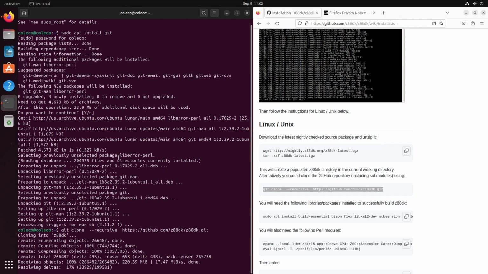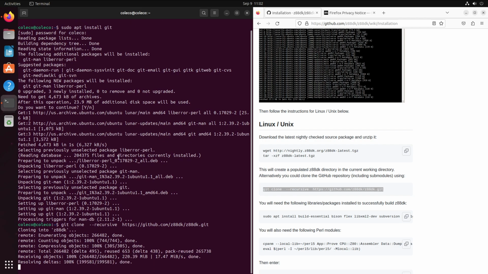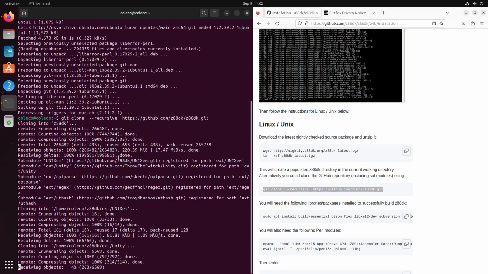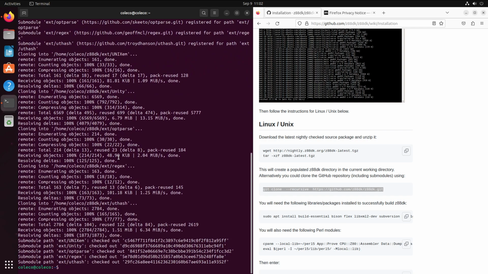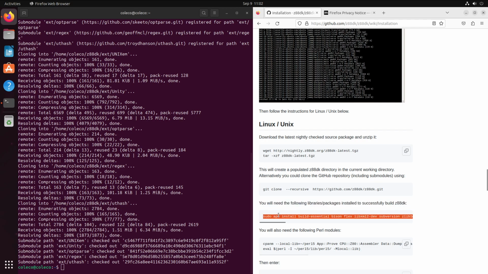Wait a few moments for this to complete. And because we specified recursive, it also checked out any sub-projects that it needed in order to build. That's the first step. The next thing that we have to do is we need to install additional packages that